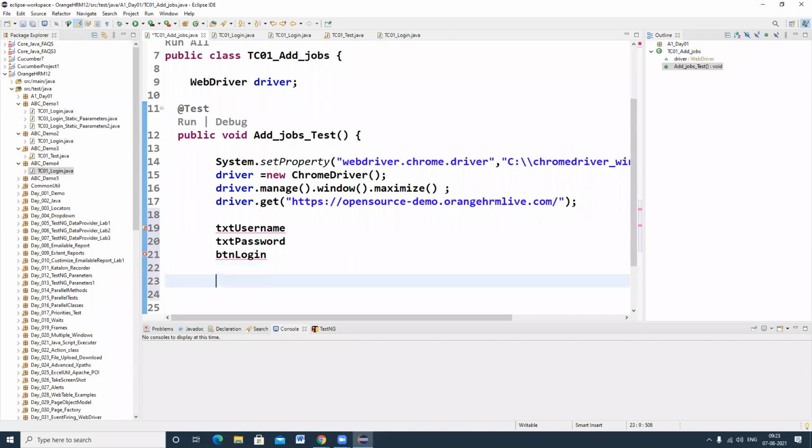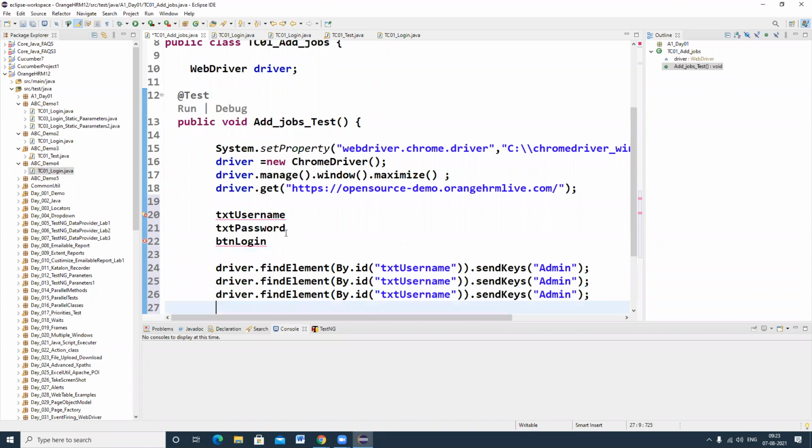The first one is driver will find the web element ID as txt username and it will enter value as admin. And driver will find the web element ID as txt password and it will enter password as admin123. And driver will identify the element ID as button login and it will perform click operation.